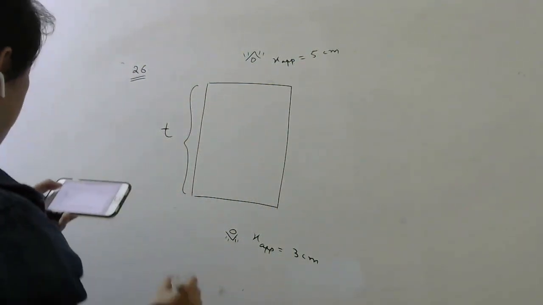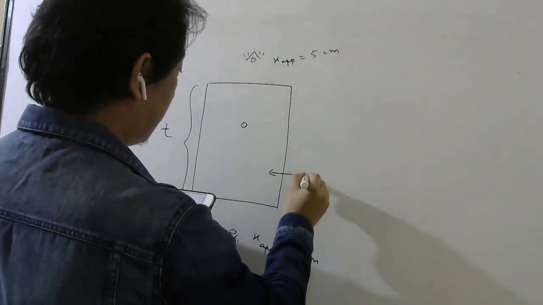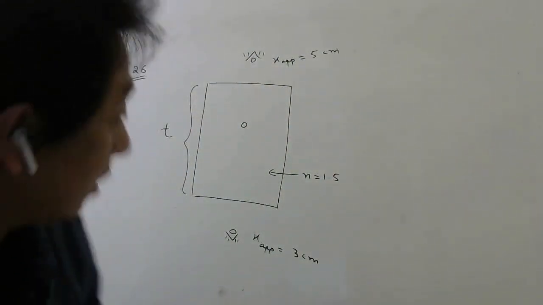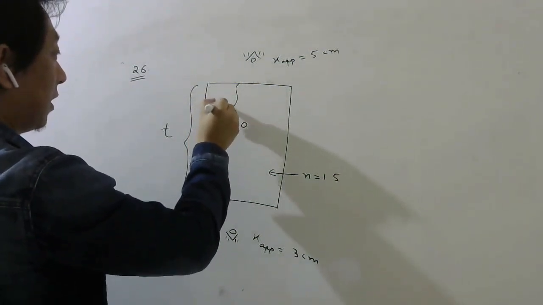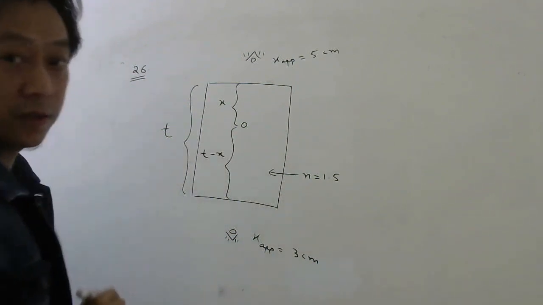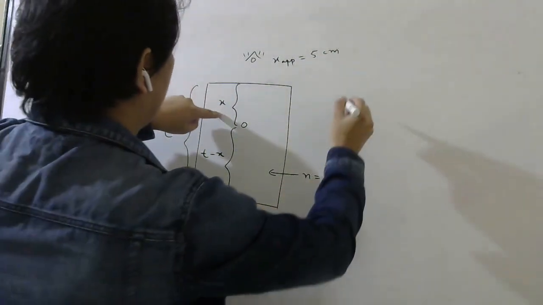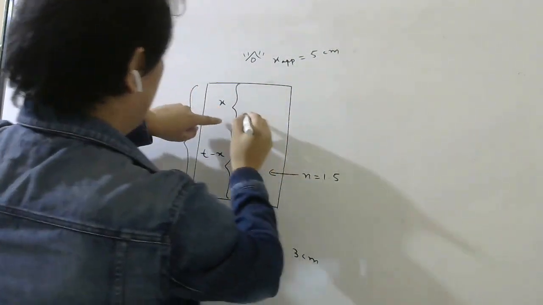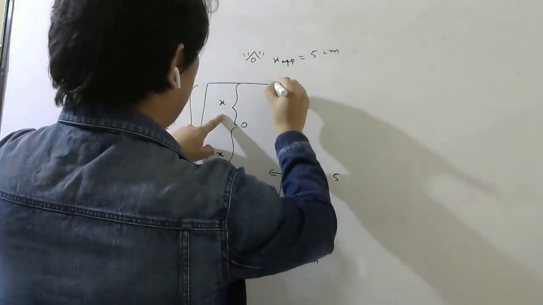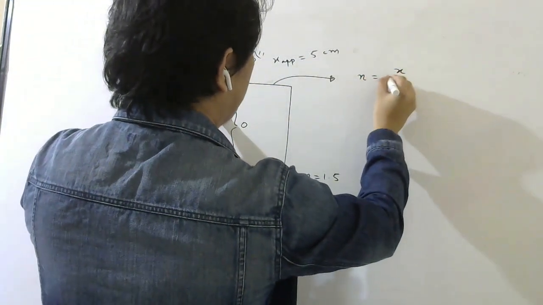Okay, so where is the bubble? Now I have no idea where the bubble is. So let us say the refractive index is given as 1.5. This medium is air. Now let us say this is the real distance x. Then this will be T minus x. So these are your real distances, real depths you can say. So when seen from here, you know that your image will be somewhere here. So this is 5 centimeter. So from this side, if I write the formula, refractive index is equal to real by apparent.